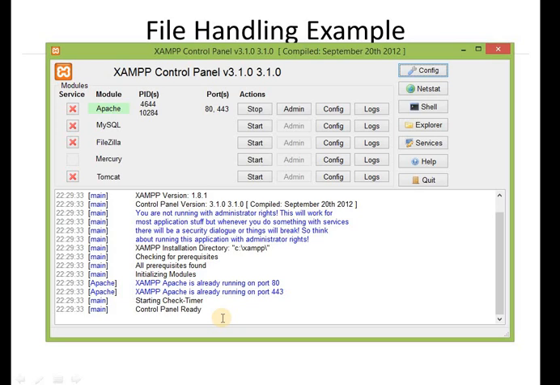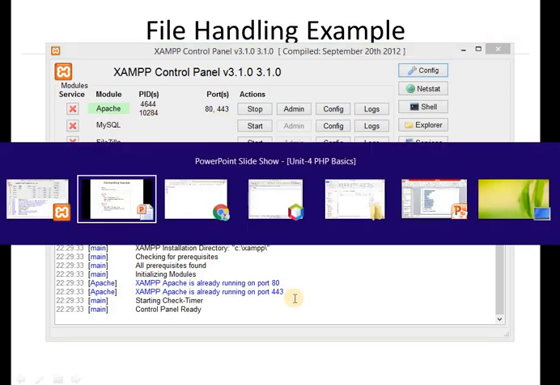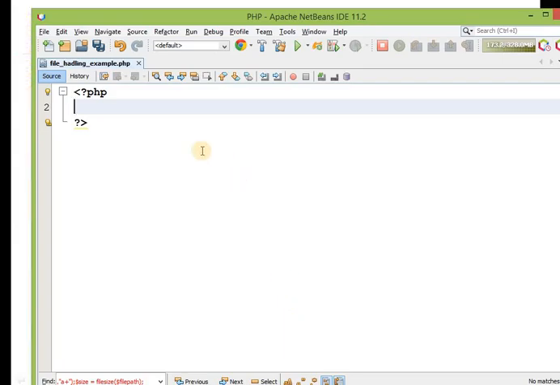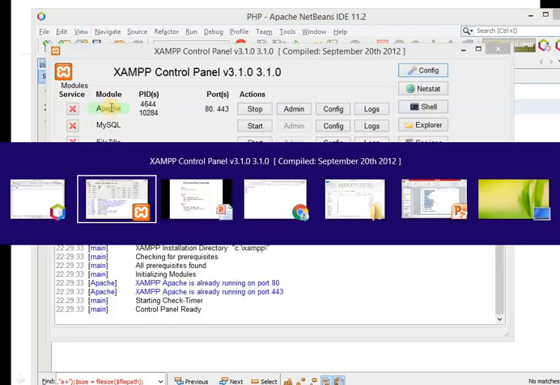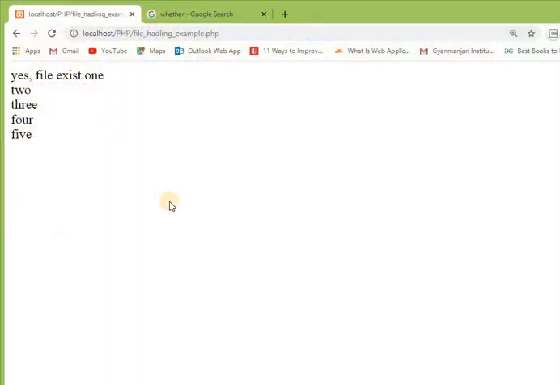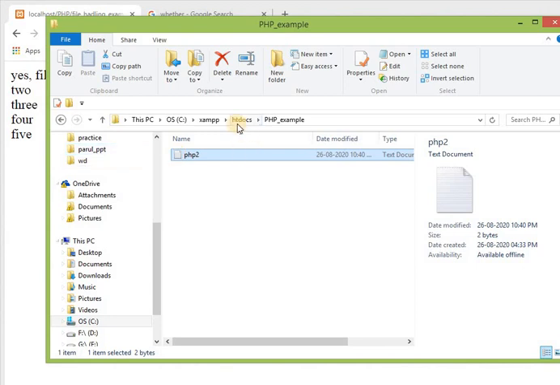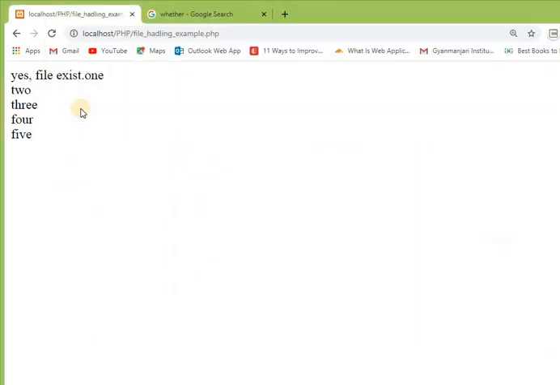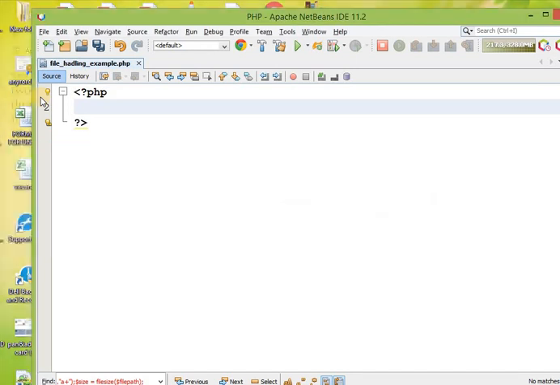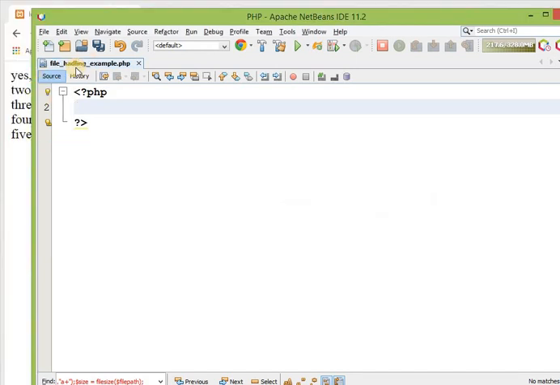Before going to the IDE, make sure the Apache WAMP server is running in the background. Now this is my Apache NetBeans IDE.